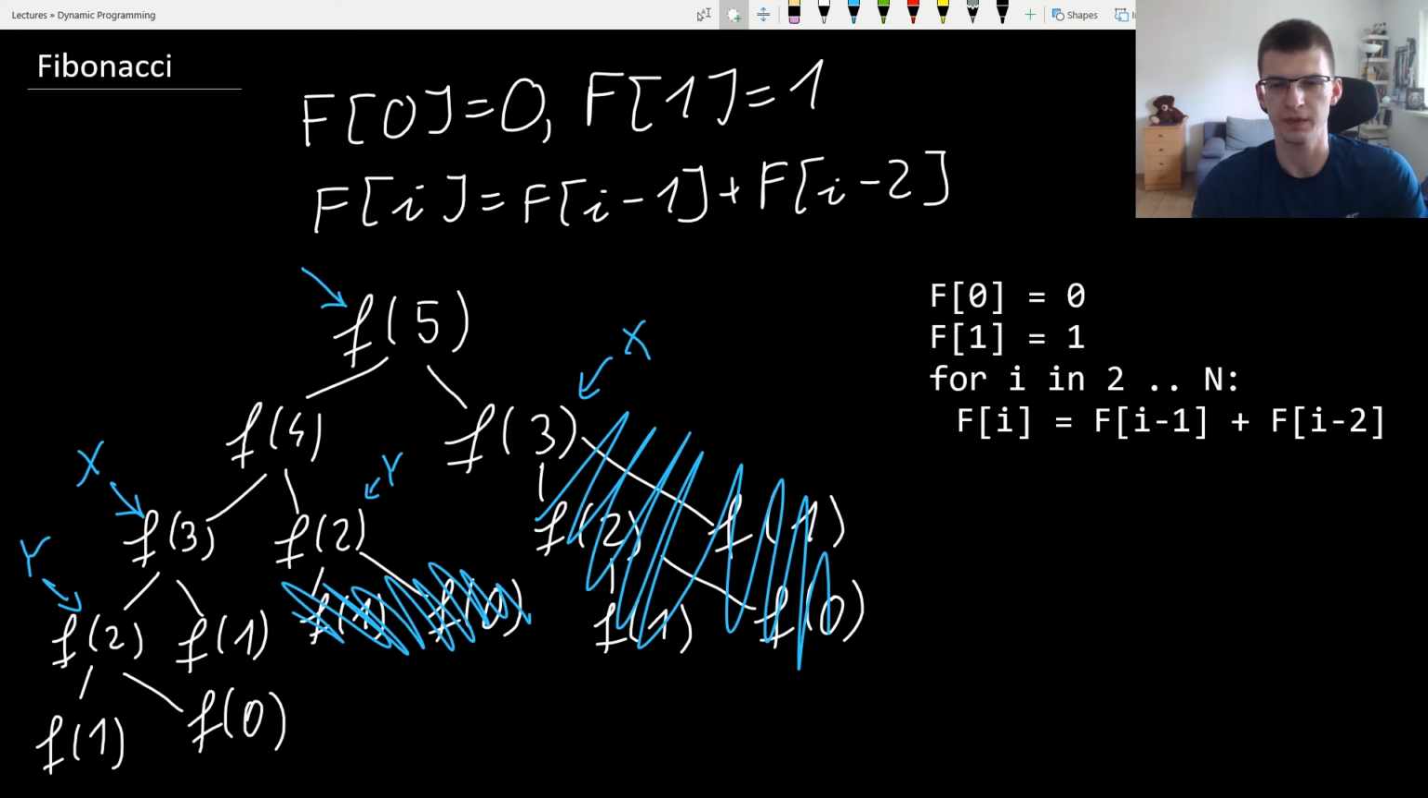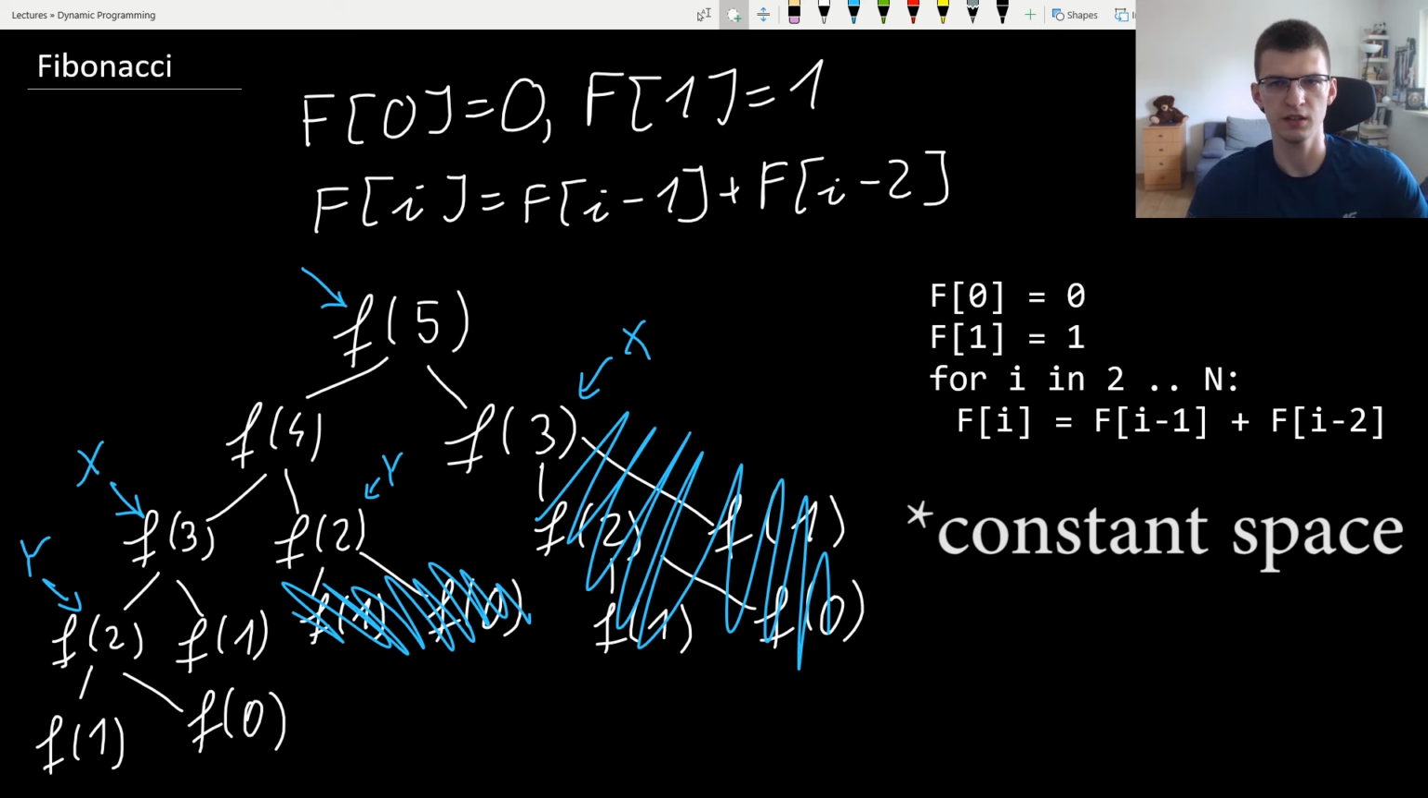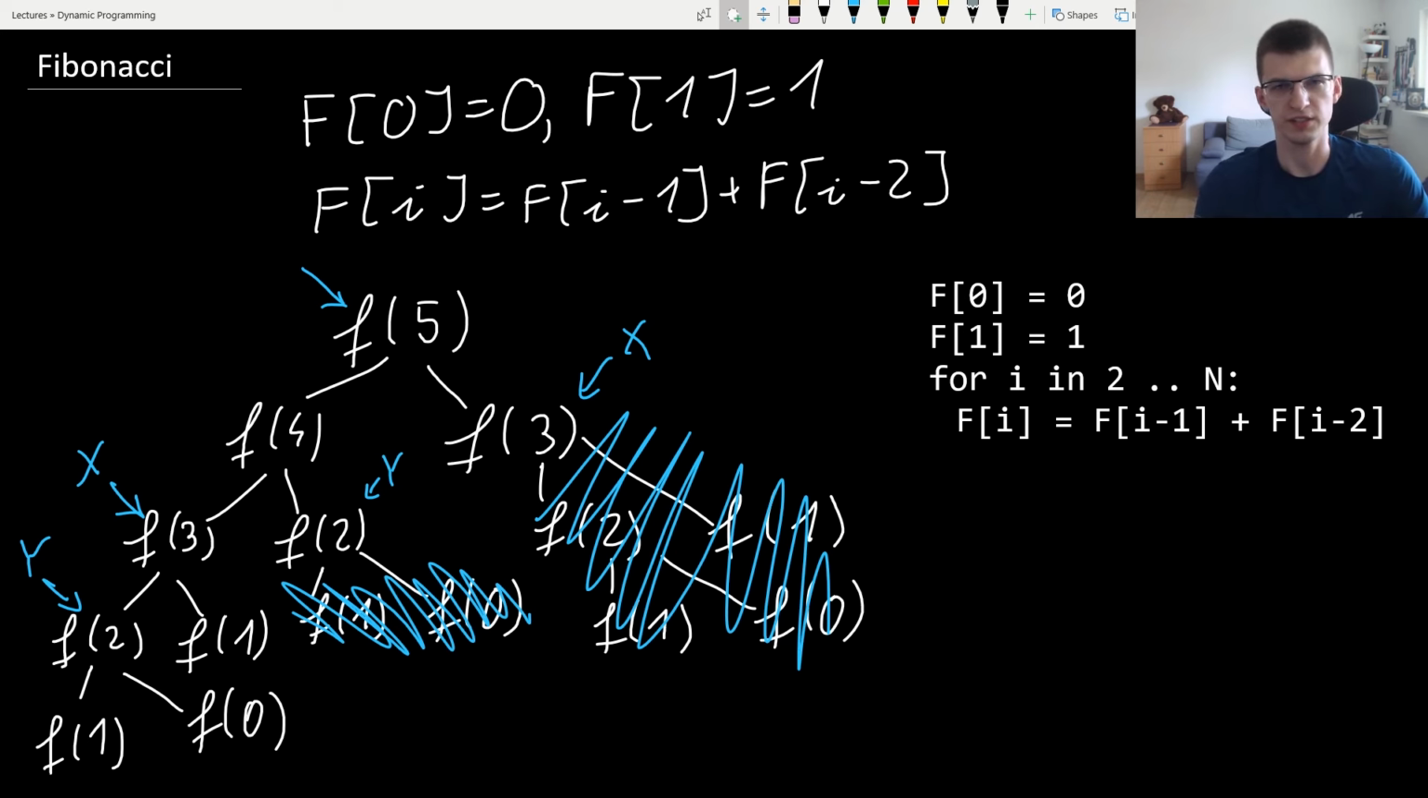f of i is the i-th Fibonacci number, then we apply the transition that somehow we get from the statement. This time it was very easy because we were given a formula. In next problems it won't be that easy. Another bonus here is to solve the problem in constant space. If you have the first and second Fibonacci number, you can use them to compute the third one,